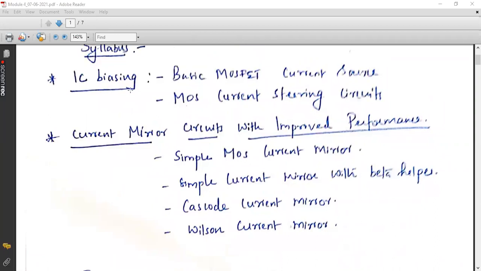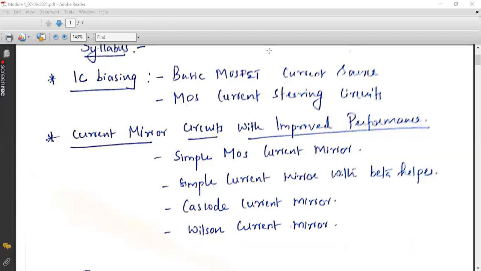In this module, we are going to deal with IC biasing, that is, how to provide biasing for an IC. So far, we have learned many biasing techniques for an amplifier, isn't it? But here we are going to deal with how to bias an IC, because if you take an integrated circuit, the internal circuitry will be more complex. That means a larger number of discrete components will be integrated together. For example, if an IC has 10 amplifier stages, each stage will have a different biasing circuit. So it is not that easy to design a separate biasing circuit for each stage inside a particular IC.